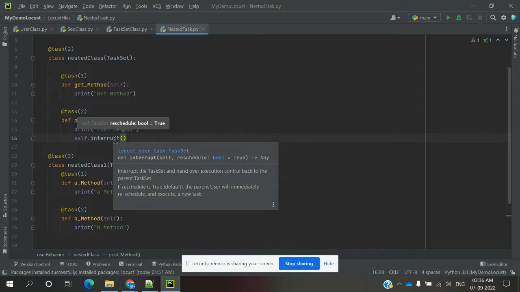Before starting these videos, in the first video, I showed the pass method, where we can just execute and it goes on. It interrupts the TaskSet and hands execution control back to the parent TaskSet. If